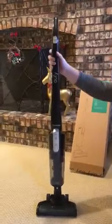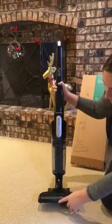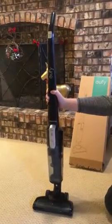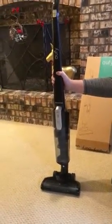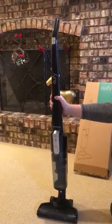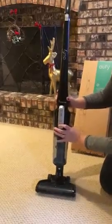My absolute favorite thing about this vac are the 4 super bright LED lights that will light up and let you see underneath your furniture or underneath the toe kicks in your kitchen cabinets. So you can see the dirt, which means you can get the dirt and your house is going to be cleaner. I also like that it has a super easy to empty